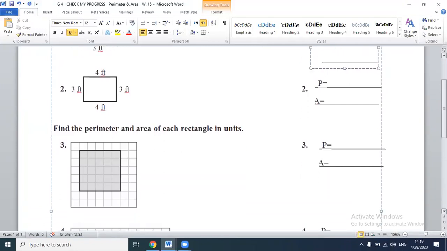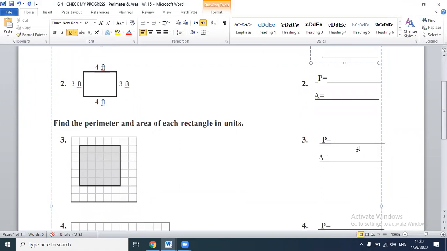Find the perimeter and area of this figure. This figure is a rectangle. To find the perimeter, I have to multiply twice the length and twice the width and find the sum. So twice the length, 4 times 2, equals